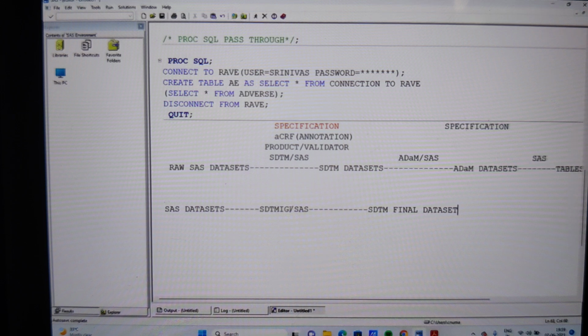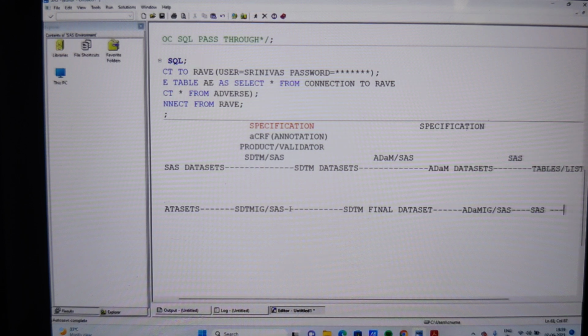Once you create the SDTM data sets, again, I'm going to explain the RMIG guidelines. Since we already have SAS skills, by using the guidelines and the SAS skills, we are going to convert SDTM data sets into ADaM data sets. And you become an ADaM programmer also. It will take 15 to 20 days for ADaMs, and after that, by using your SAS skills, I'm going to explain how to do data analysis by using statistical concepts of SAS. What we are going to do now is generate the tables and the listings.